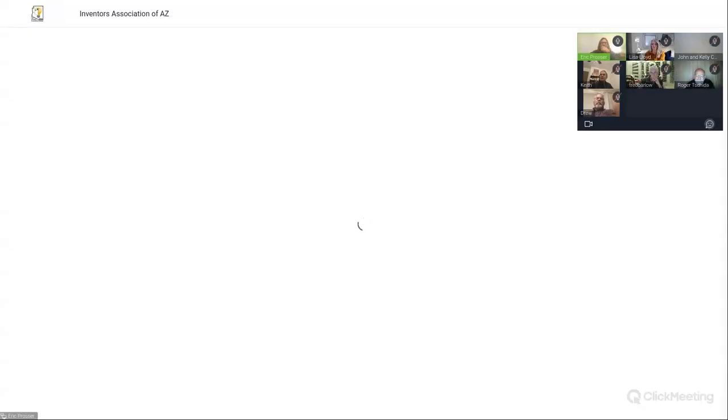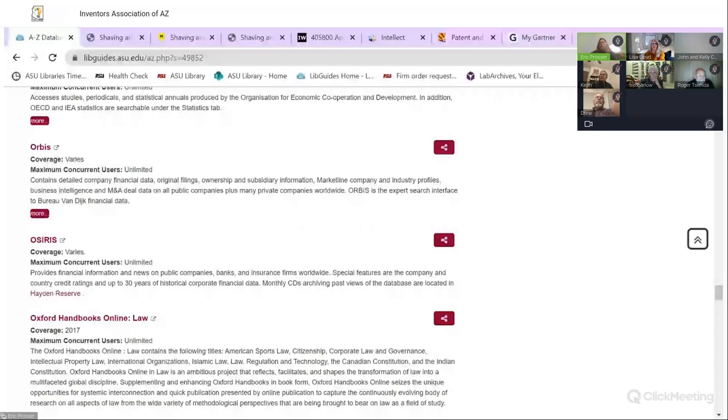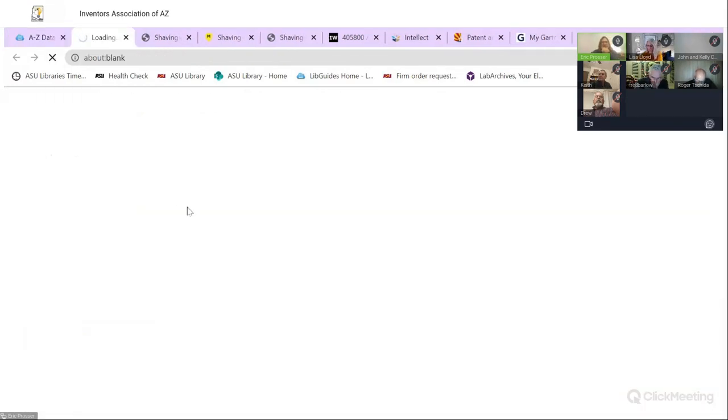So another two databases I'm going to show you, actually three more very quickly. Two more through the library. One is called Orbis. This is really information that's out there. A lot of this is publicly available, but the Orbis database puts it into one location. Honestly, I don't necessarily use it as much as, say, IBISWorld and Mintel for taking a look at information. It's being slow. It happens. We'll give it a minute.